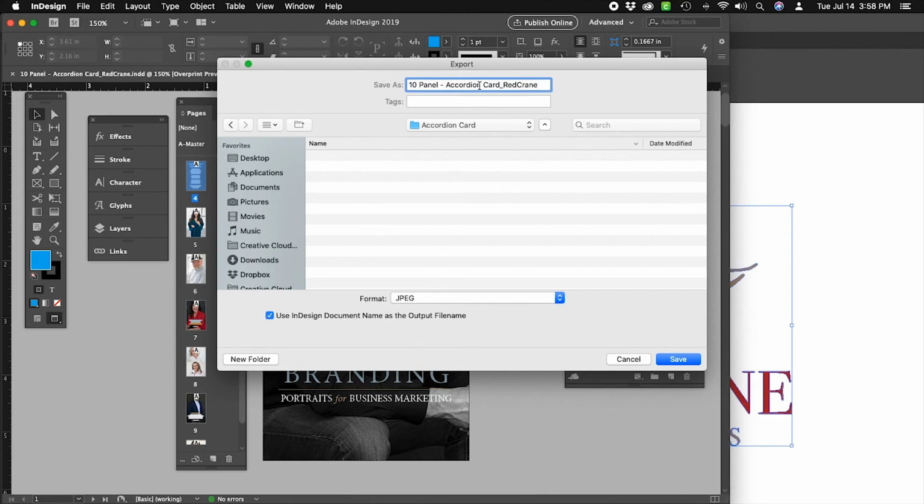So change the file name, Accordion Card Red Crane, and at the end I'm going to put a line underneath. I think it's called an underscore, because after this underscore it's going to put the number of the panel that it's going to export. So you're going to do it in consecutive order, 1, 2, 3, all the way to 10. And I want to make sure that they're easy to see and easy to recognize. So once I've done that, I'm going to click Save,